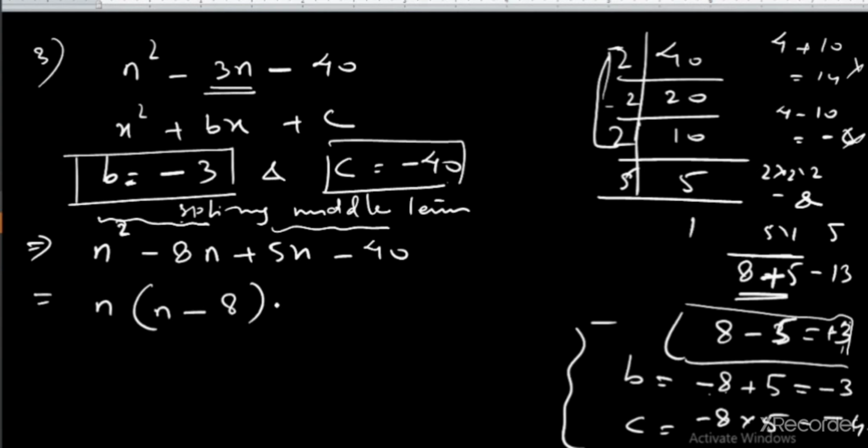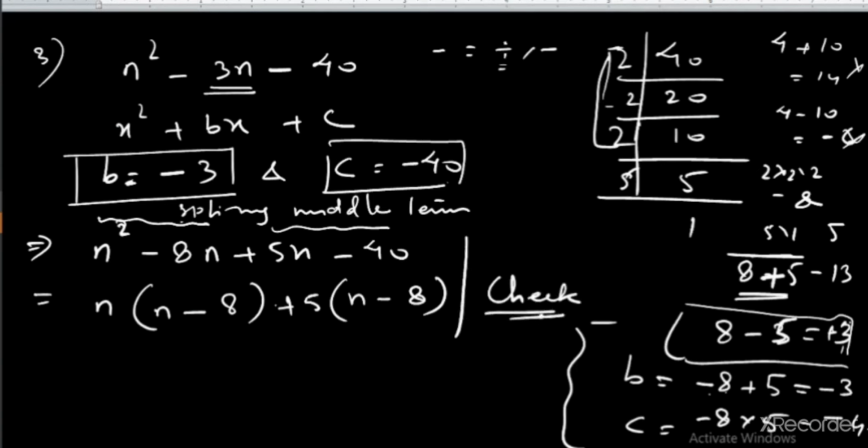What about this? Again here you can see what is common. Since minus is here, let me take plus 5, and then the remaining part is n, and minus. Plus, minus can be written as plus into minus. So plus I have taken out, so minus is remaining, and 8 times. Now check. Always stop after doing this step so that you check whether you are getting the common part or not.